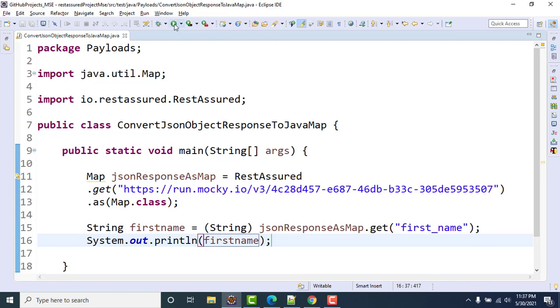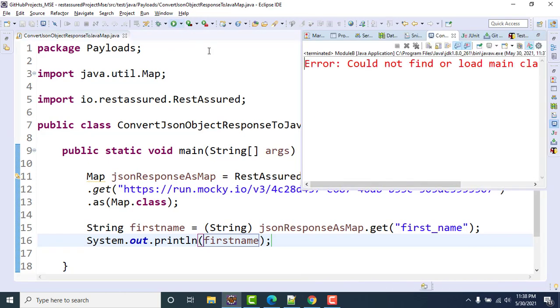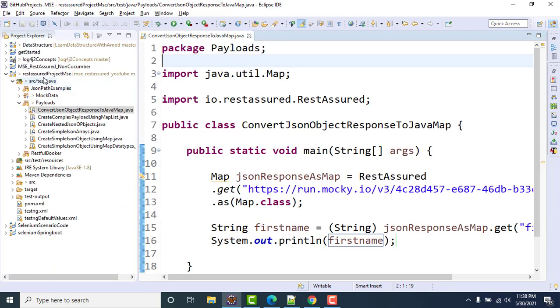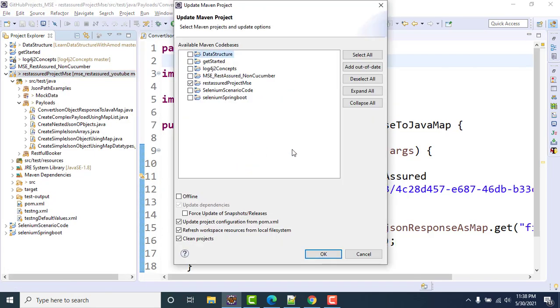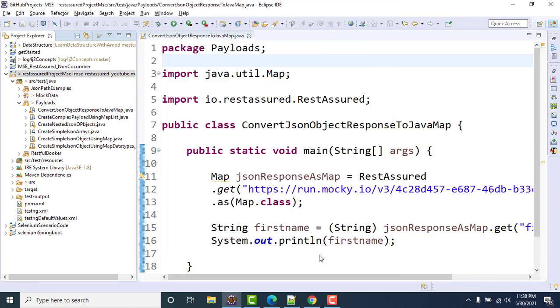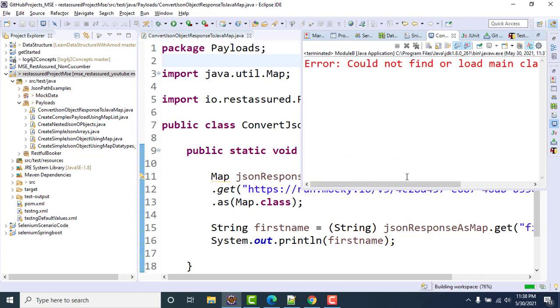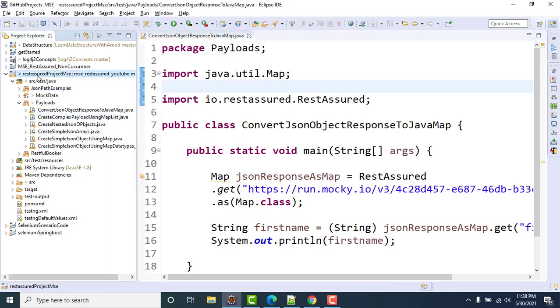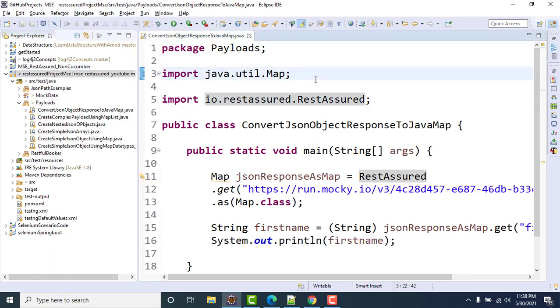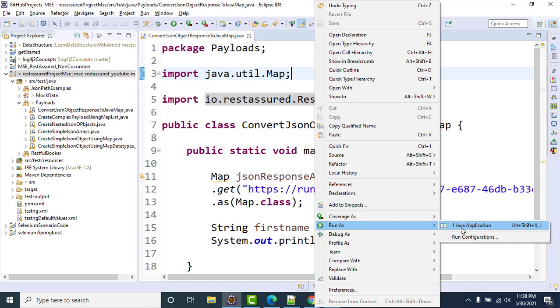Similarly you can do for others. I need to do Maven update because I've cloned it again. So let me go to Maven update project. This error comes when it is not able to compile this class, could not find or load main class. This came from some different project, so that is a problem with Eclipse actually. Whatever class it has loaded, or if some problem happens, it's not able to find that particular dot class file of a class. So let me run it now and it should work.